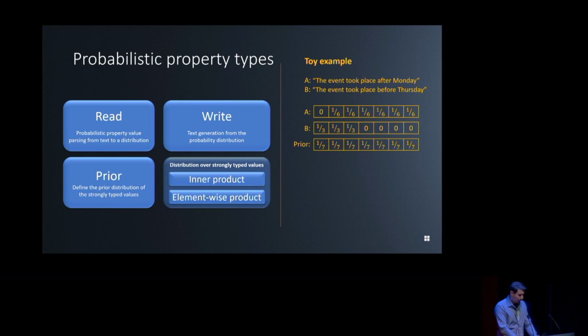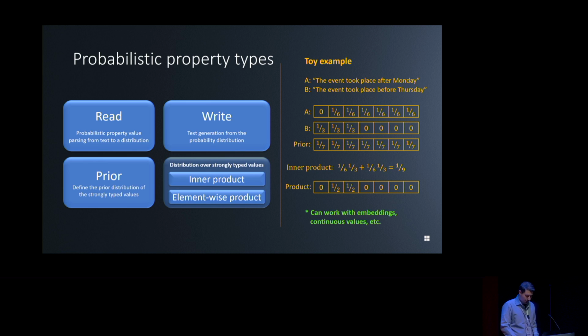Right, so then you have to be able to define the inner product and the element-wise product. This is easy in this case. The inner product is just the product of the corresponding elements added up. You can think of it as: if you draw two values from the two distributions, what is the probability that they're the same? So what's the probability that you sampled the same value? That's very useful information that you will incorporate in the linking algorithm, okay?